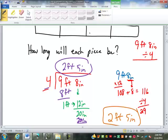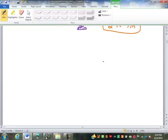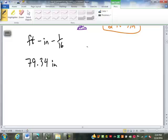Now, I don't want you guys to become calculator dependent, but that is a process I want you to get relatively comfortable with. If I give you feet, inches, or decimal inches, I need you to be able to convert between the forms. So let's do a couple of examples of giving you decimal inches, and I want you to convert it into feet, inches, and then let's go to 1/16 of an inch, 16ths. So if I give you 79.34 inches, and I want that into feet, inches, and 16ths